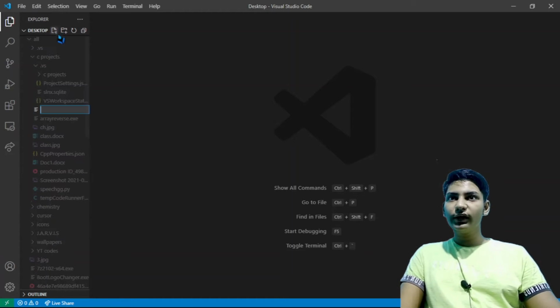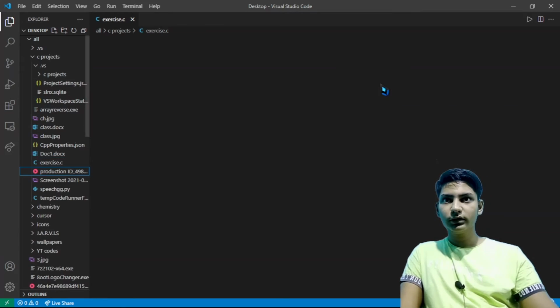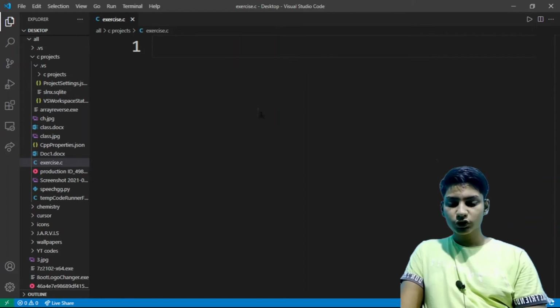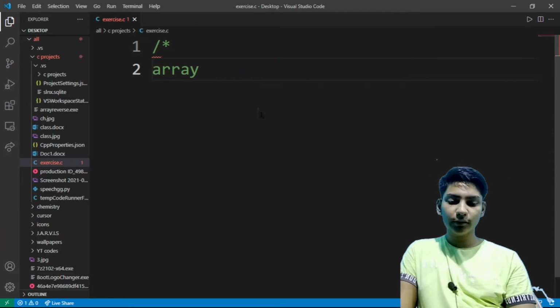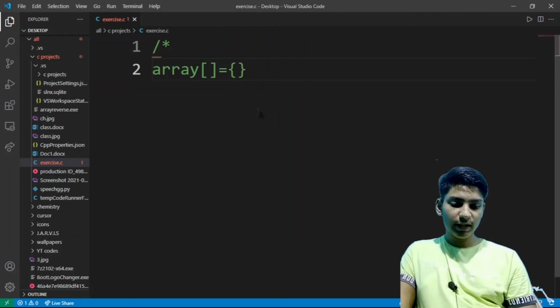Let me make a new file. Let it be exercise.c. So guys, what you basically have to do is, let me increase the font. You have to make an array. Let me give you the array so you don't bother. And here the array is,